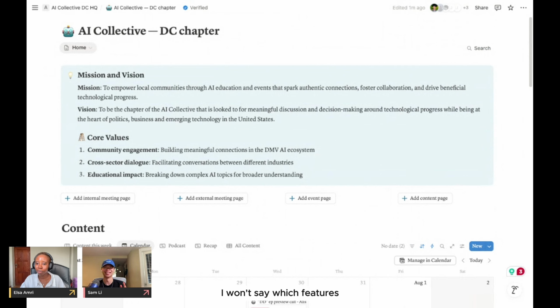I won't say which features exactly, not that I could think of it right now, but I think it's just a lot of experimenting and then realizing that if you're not resonating with a new feature at that time, it's probably best to leave it for a bit, because otherwise I think you can get dispirited. You might start thinking, am I not using Notion to its full capabilities? Is it a me thing or is it a feature thing? I can almost guarantee it's a feature thing, and it's okay. Notion has so many different use cases as this channel is showing, so that's how I feel about it.